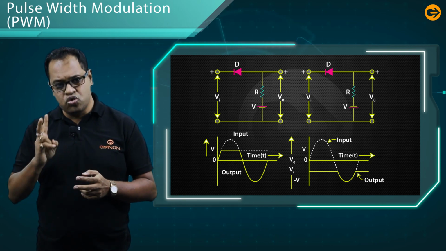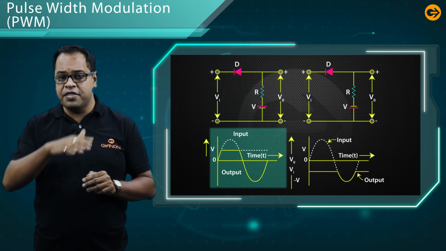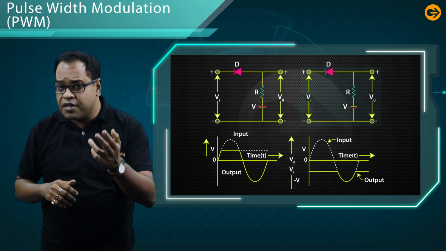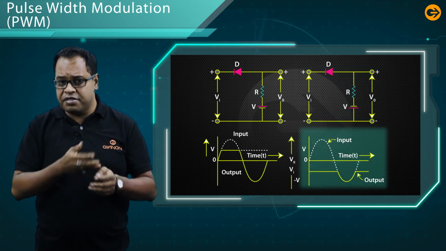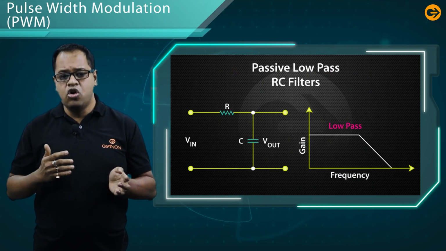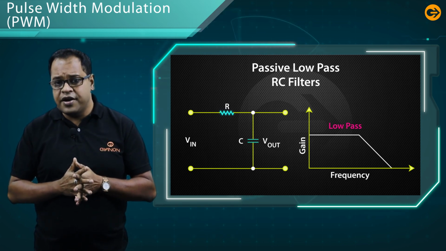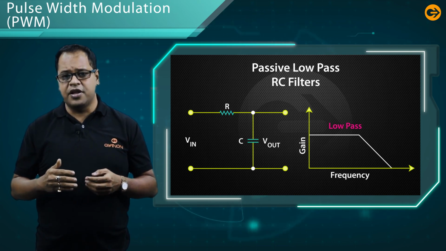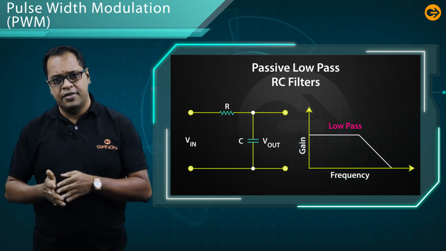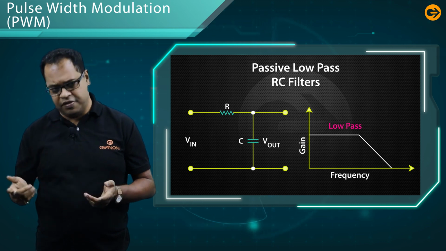The clipper circuit is of two types. One is the positive biased circuit, where the positive half is clipped off. The other may be a negative biased circuit, where the negative half is clipped. Lastly, in the receiver, there is one low pass filter. What is a low pass filter? The low pass filter consists of a resistance R and capacitance C. The output is a low frequency signal. That's all about the receiver. That means you retrieve the message signal at the receiver.